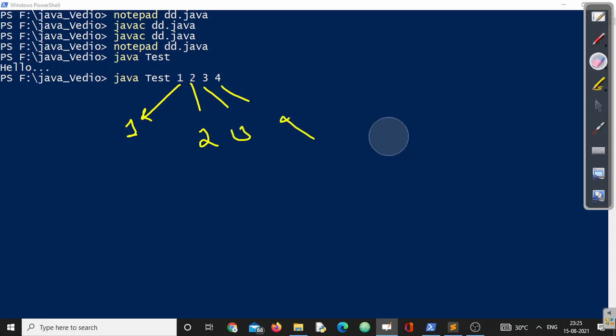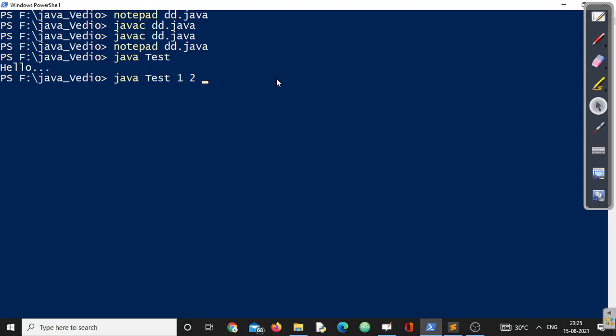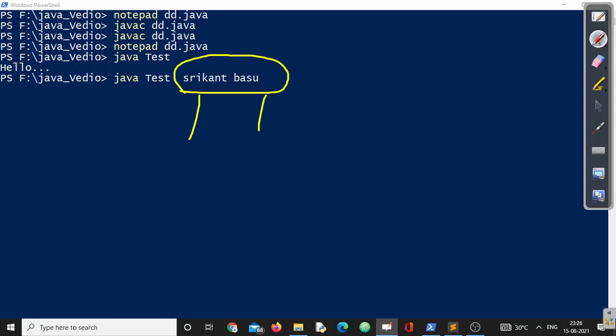Not necessarily only 1 2 3 4. Instead, we can also pass, let's say, first Srikanth, second Basu, something like that. Now here two arguments are there. Remember, each argument is separated by a space only. If they are separated by a space, we call those an argument. Now this is argument number 1, this is argument number 2.